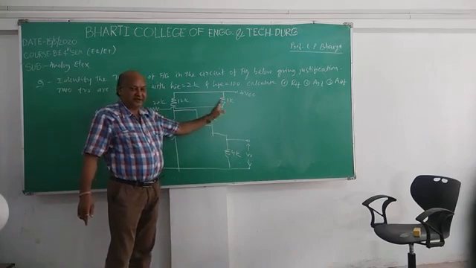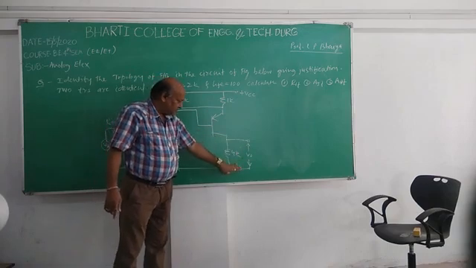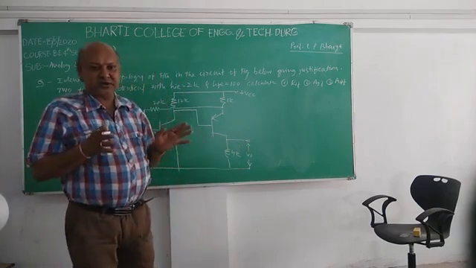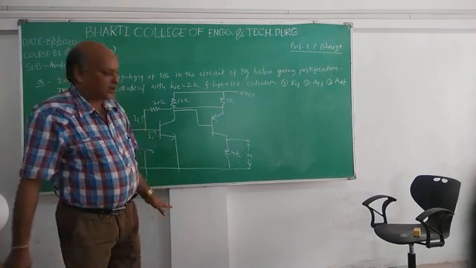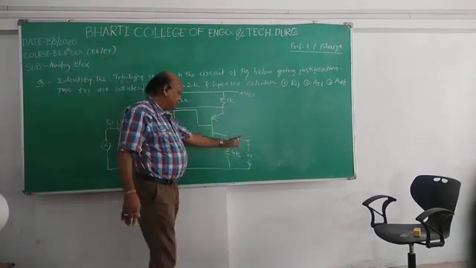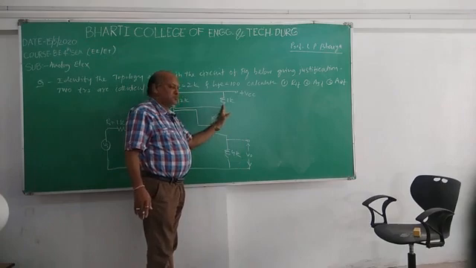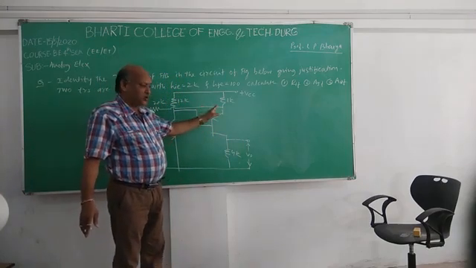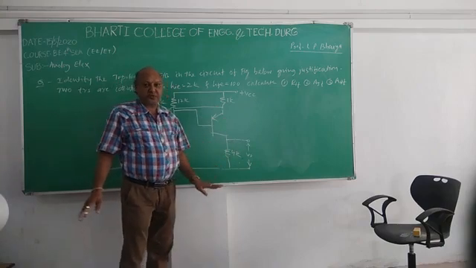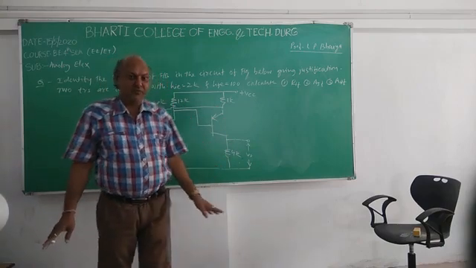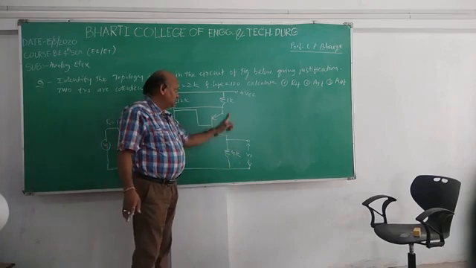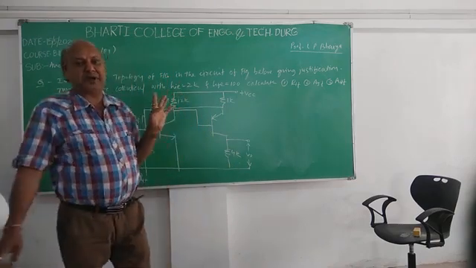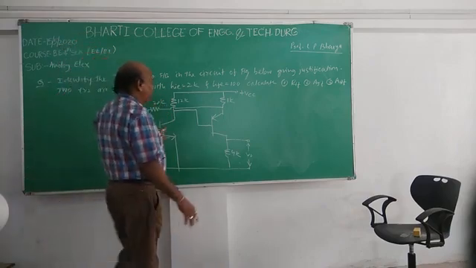First of all, you short the output and see whether the feedback is proportional to voltage or current. While making this short, there is no change in the feedback, there is no output voltage here. So it is not voltage feedback. But when you keep it open, the output current flows, and therefore it is current feedback. So the output side is current feedback.